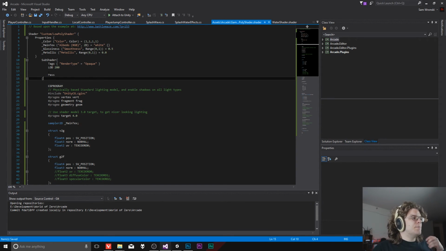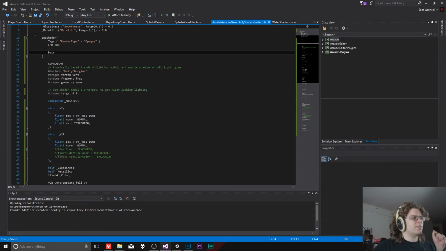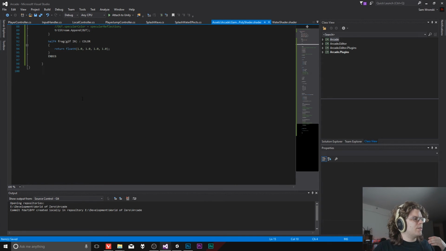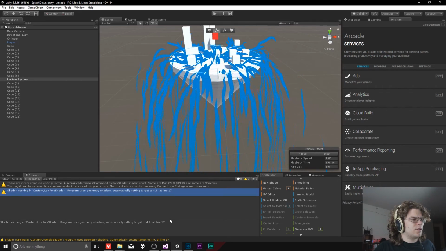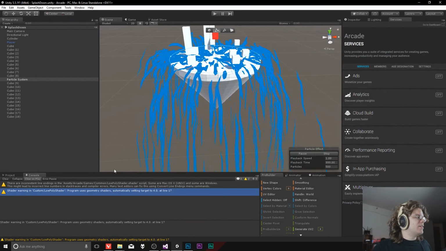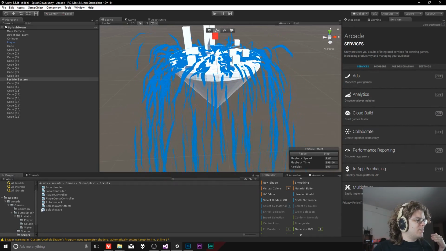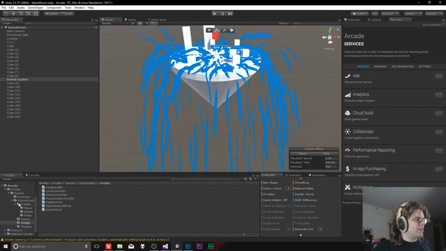In this case, it's a little bit more complicated. Well, it's actually less complicated. We've got the pass here. And so we just need to close that like so. And now it stops complaining. Good. Okay, so that's all we needed to do. We've now got a single pass shader that should